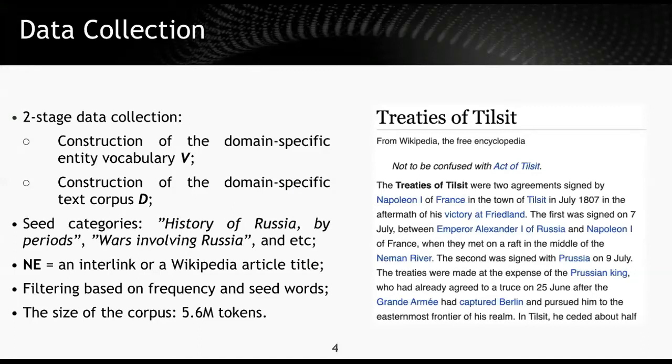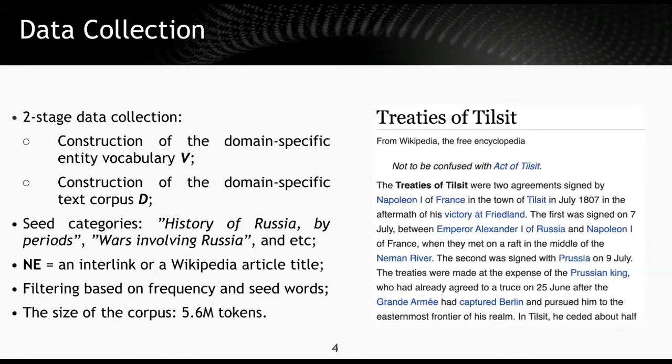We traversed the graph over a set of seed categories and collected the text of the corresponding article, a summary, a list of categories, and a list of interlinks in the article. Each interlink and Wikipedia title are considered to be named entities and added to the vocabulary. We then additionally filtered the resulting vocabulary based on the interlink frequency and seed words such as war, battle, and